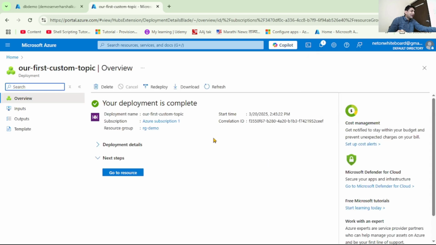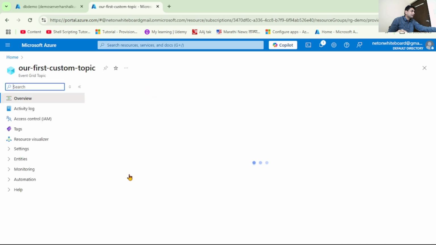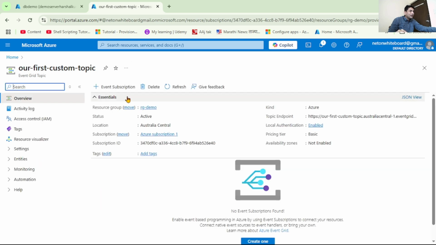So our custom topic has been created, and let's say go to resource, and guys, here we can add subscriptions to this topic, right? And obviously the subscription will be webhook, that is URL, that is logic app HTTP request received trigger, right? So I will duplicate this tab,